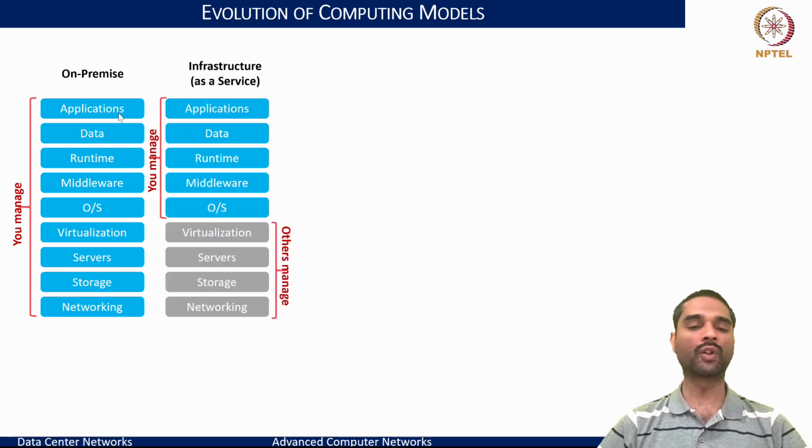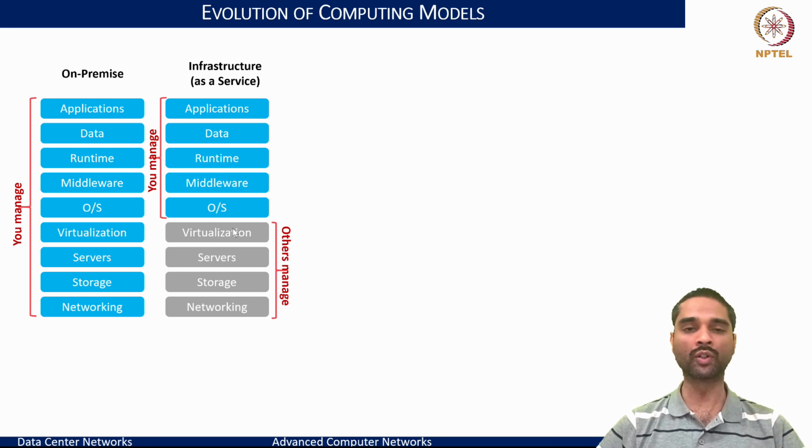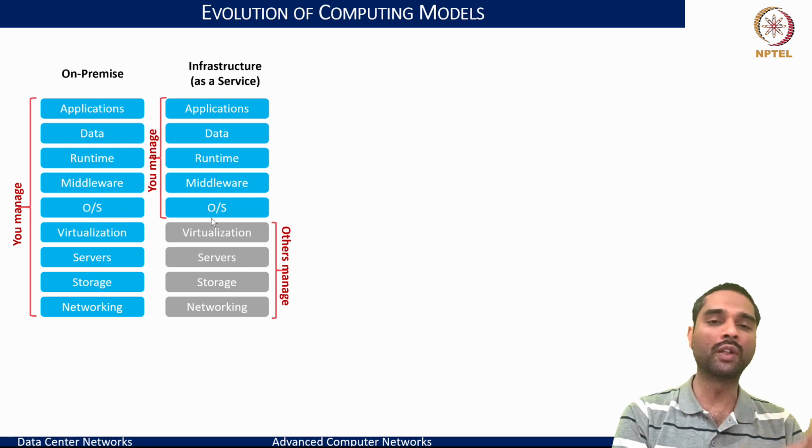But as we move to infrastructure as a service, we are completely abstracted out of the infrastructure management because we rely on the cloud service provider to manage all of these networking, storage, server, compute and memory requirements as and how we rent from them, and also maybe transparently do the virtualization on top to facilitate a VM that we can run on their infrastructure. So when we do that, what we really manage then is basically within a VM, what kind of OS I would deploy, what are the middleware, runtime. You can see this is purely the software stack that we are trying to manage within an infrastructure.